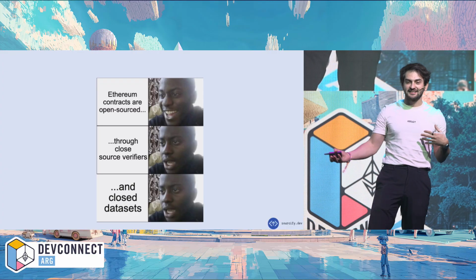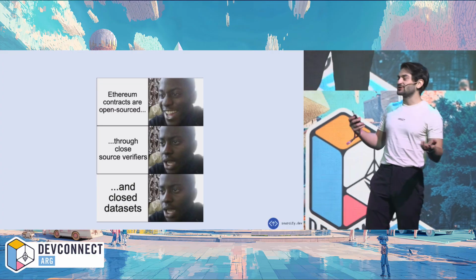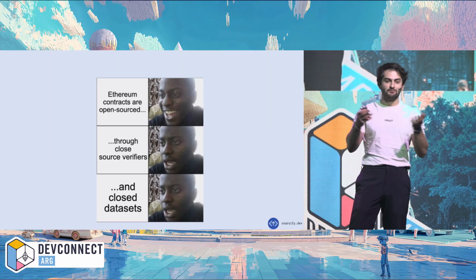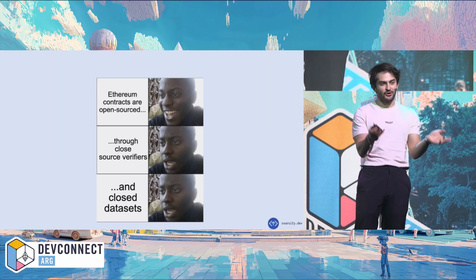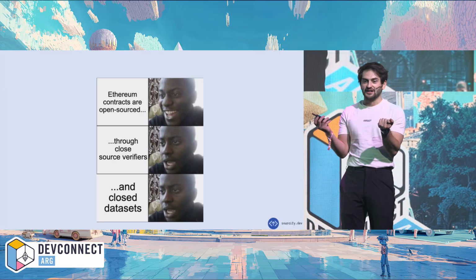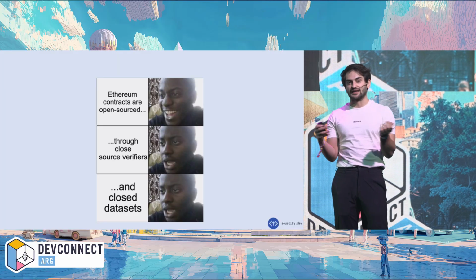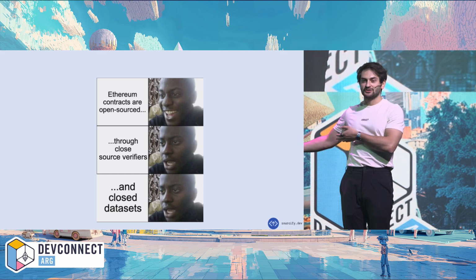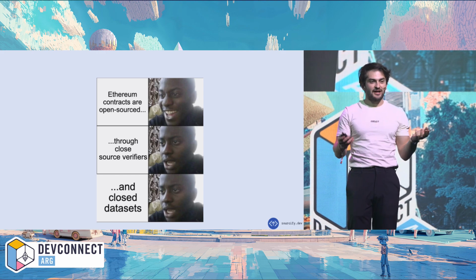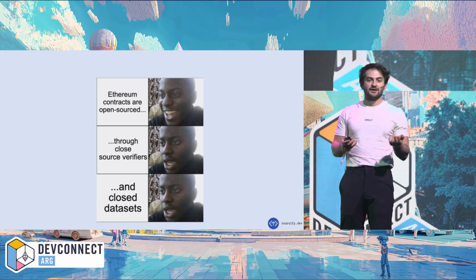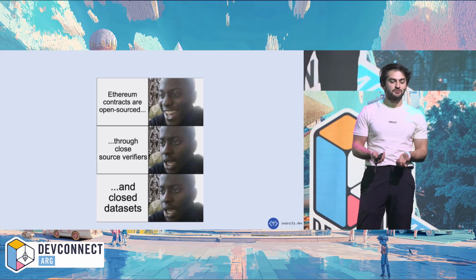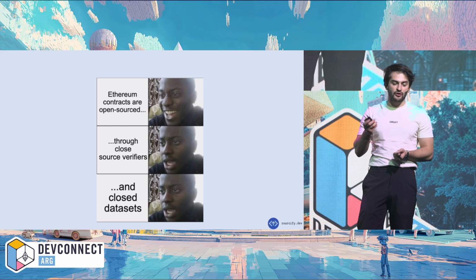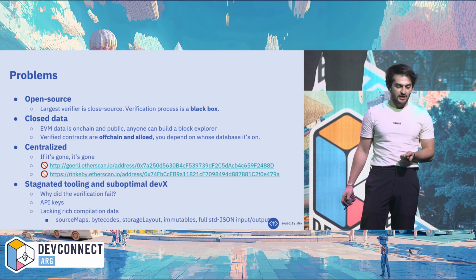And then the dataset is closed. Of course, you can see the individual contracts one by one, and that's the whole point, right? You want to see the source code of individual contracts. But try getting a dataset of those contracts, try running benchmarks as Moritz has shown with a dataset, try searching the verified contracts. It's not possible with a closed dataset. So we can do better, but first I will lay out these problems in detail.